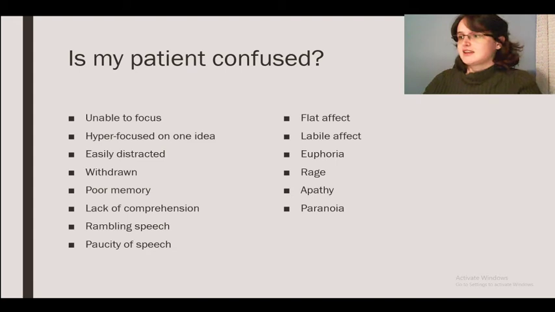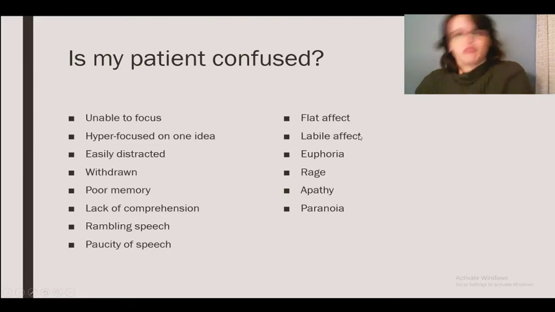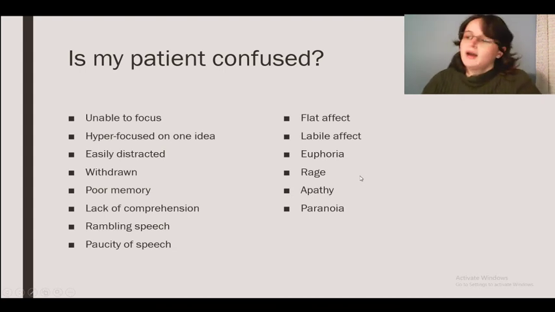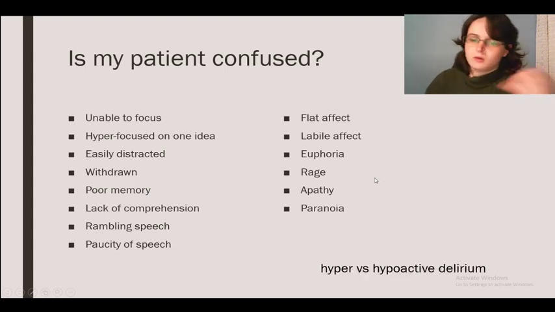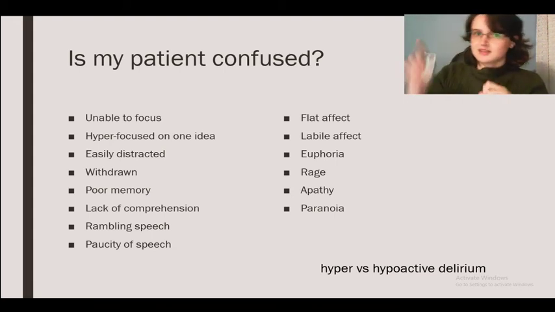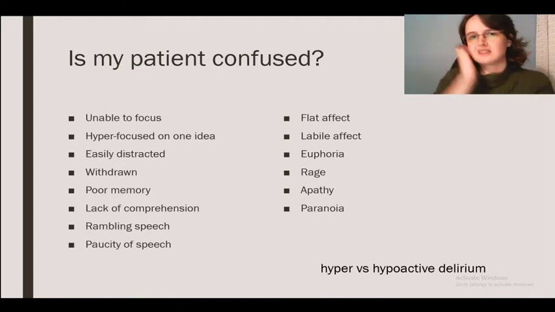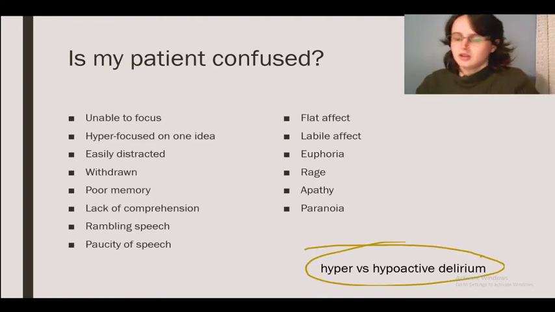And then we would see things like changes to behavior and emotional disturbances, which are really variable. You might have a patient who's got really labile affect, they might be completely flat, they might be euphoric, they might be furious, they might be agitated and hyper-focused, or they might be completely apathetic. And that's what they were talking about back in BB about a hyper versus hypoactive delirium, where they said it's like one third hyper, one third hypo, one third mixed. Look out for the hypo ones because they tend to get forgotten about because they're less of a pain. But in reality, it's just a spectrum, and it's not all that clear cut, and patients can do whatever they want.